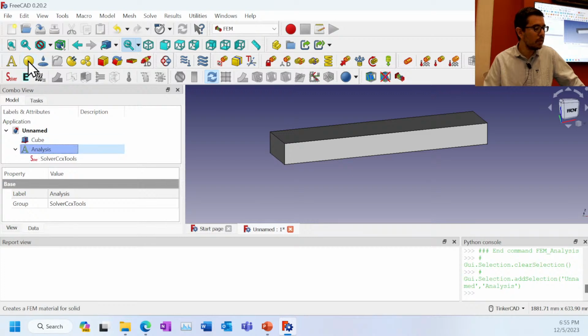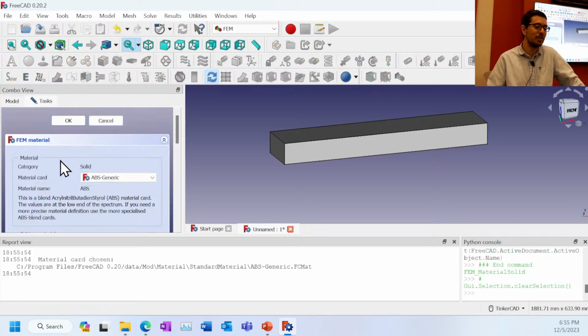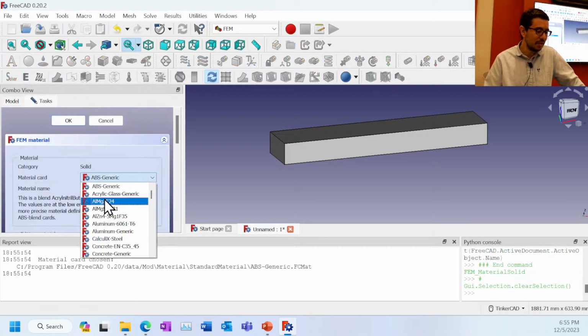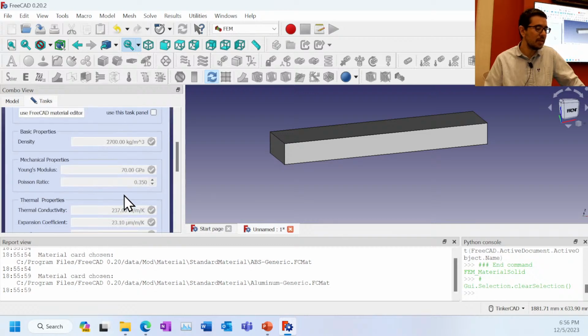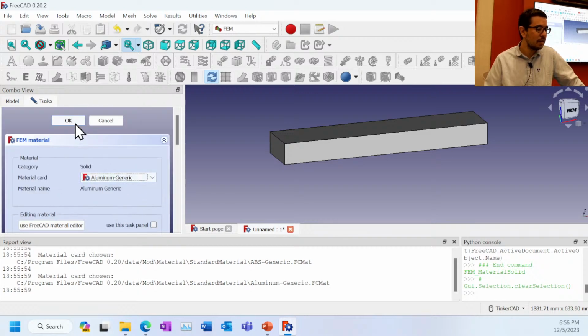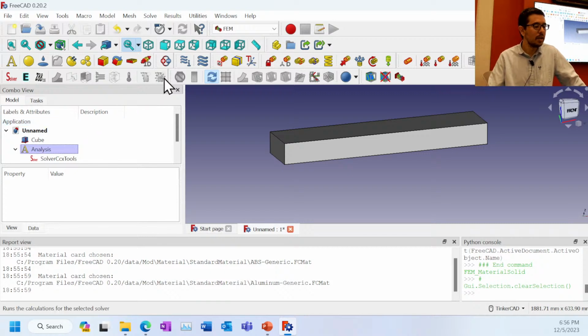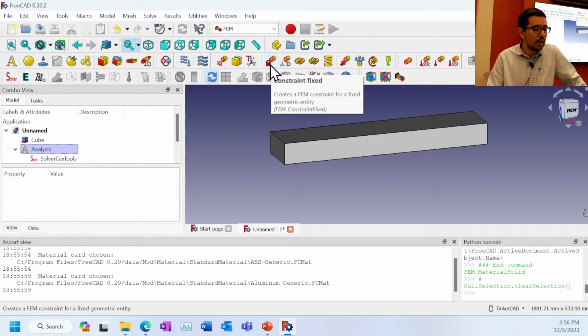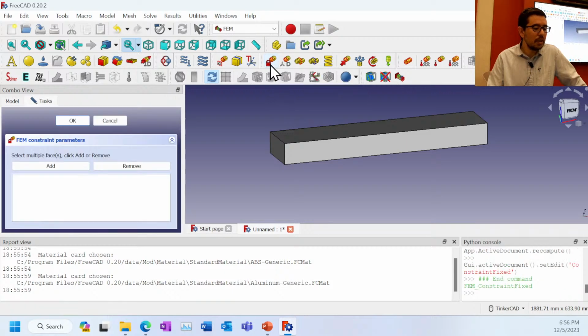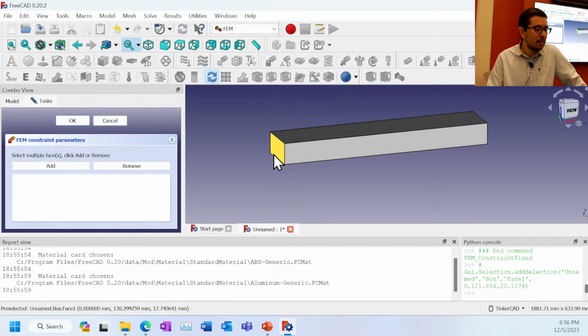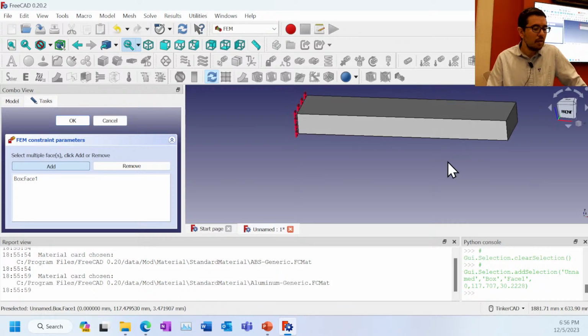So you go over here. This is, for better or worse, the material. That's not an intuitive shape for me, for what the material is, but it's beautiful. So I'm going to use aluminum generic. That's going to give me the 70 gigapascals. I hit OK. All right. And then I come over here and I'm going to add a constraint, a fixed constraint. I'm going to fix this side right here. So I'm going to click add and then I'm going to fix that right there. Over on this side,